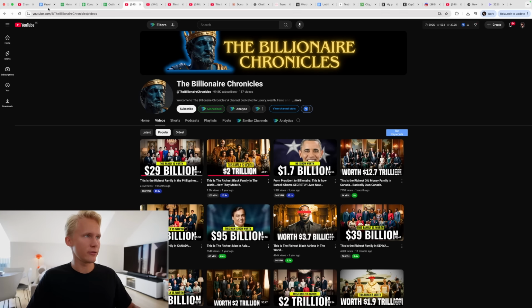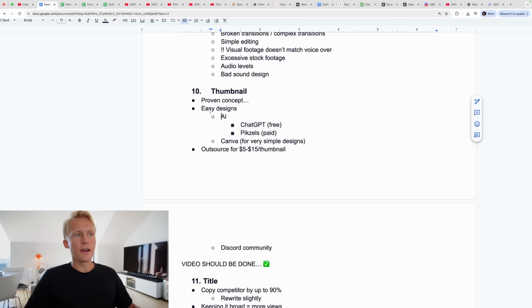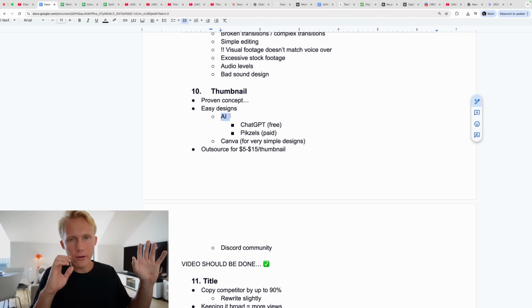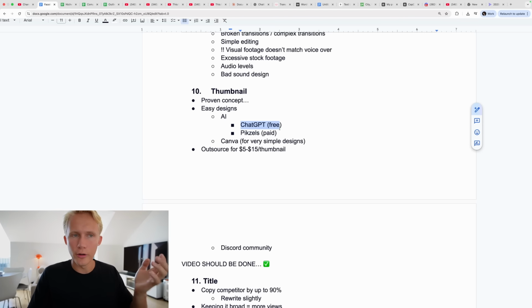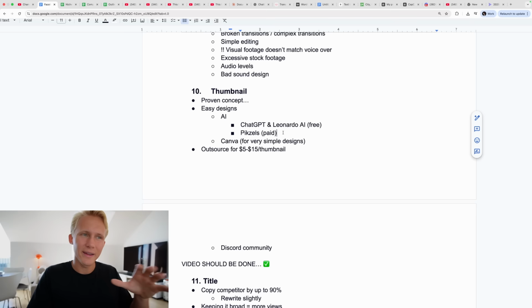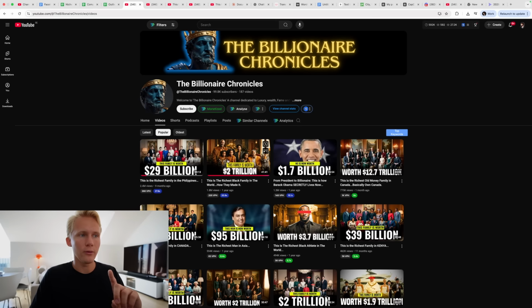And if we just go back to the step-by-step plan here, for easy designs, you can use AI and just generate the thumbnail image. There are two options for AI generations when it comes to thumbnails. Either you can just play around with ChatGPT or Leonardo. I can even add this for your sake, Leonardo AI, and just generate the AI image. You might need to sit there and prompt for a while to get a good result. With ChatGPT, you can just take a screenshot of one of these, upload it, and tell ChatGPT that you want something very similar.